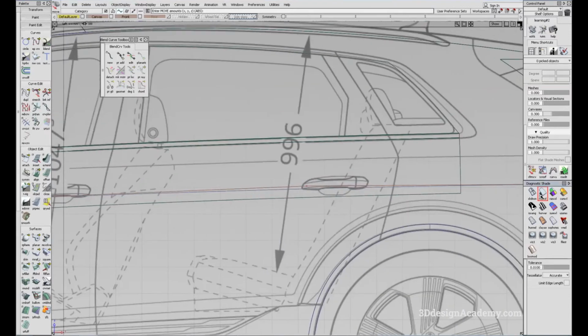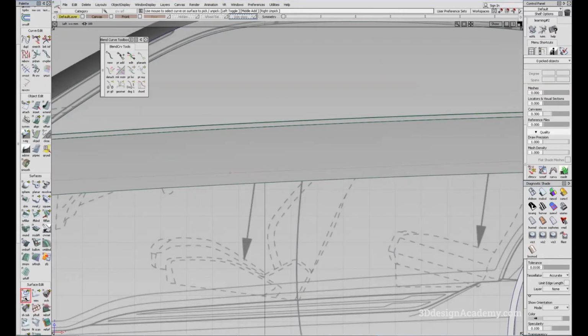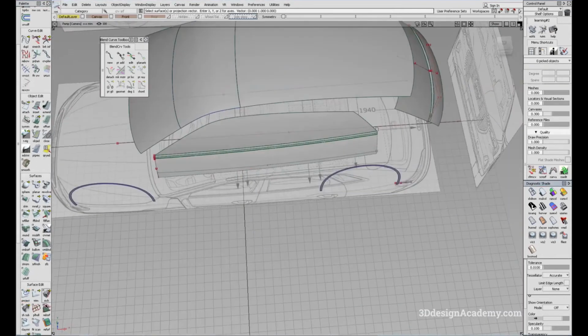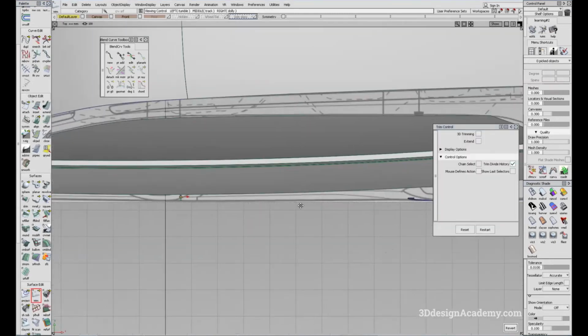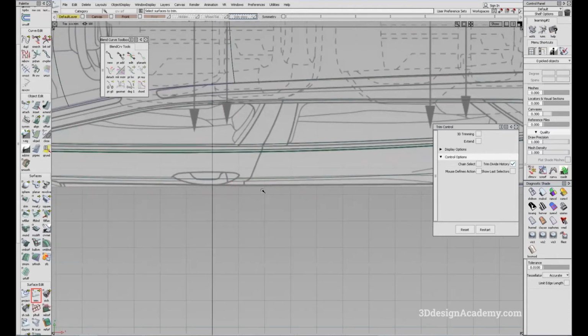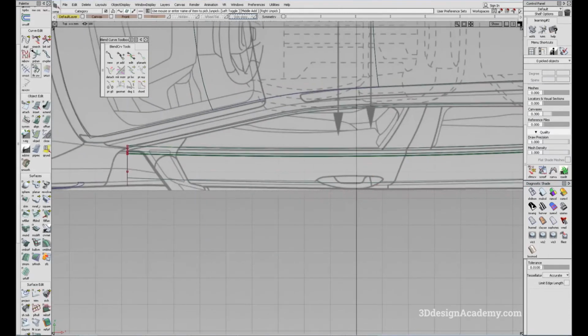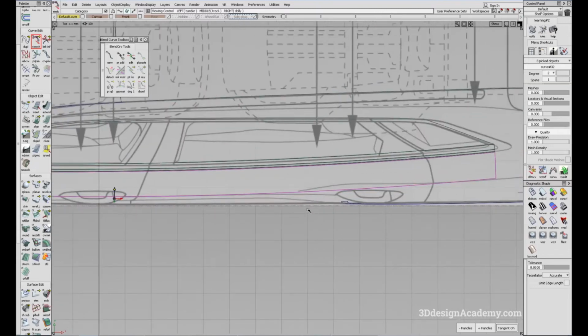So I'm going to try to do a project and trim using that feature line, and let's see if it matches well with the top view. Okay, so it looks like we need to push it in a little bit more. So I'm going to use the stretch tool and just grab the bottom one, and push it in just a little bit. I think it's actually matching pretty well. I think I need to pull it just a little bit more